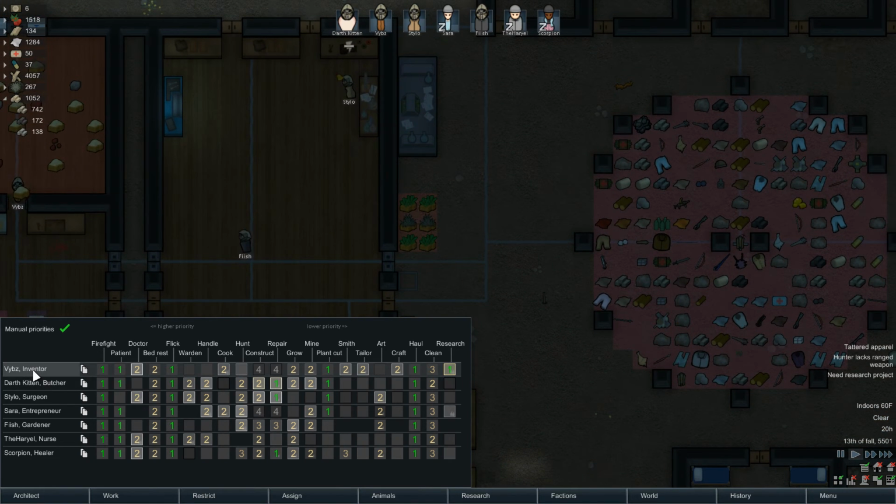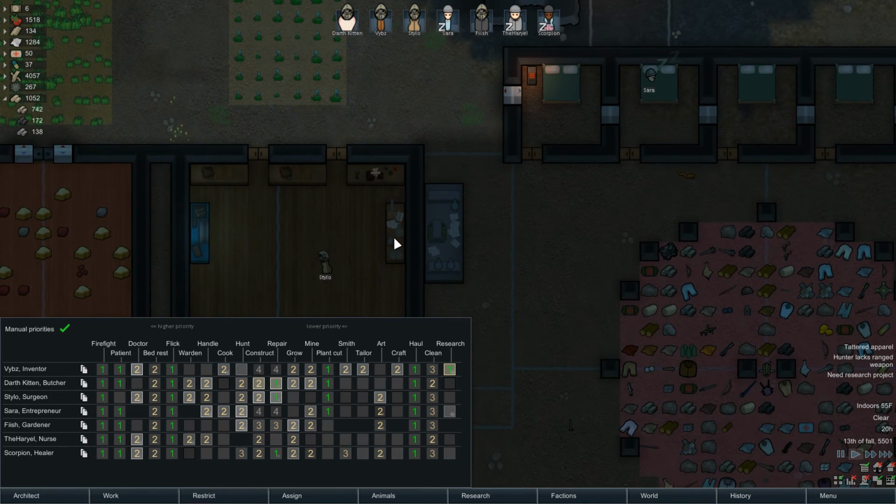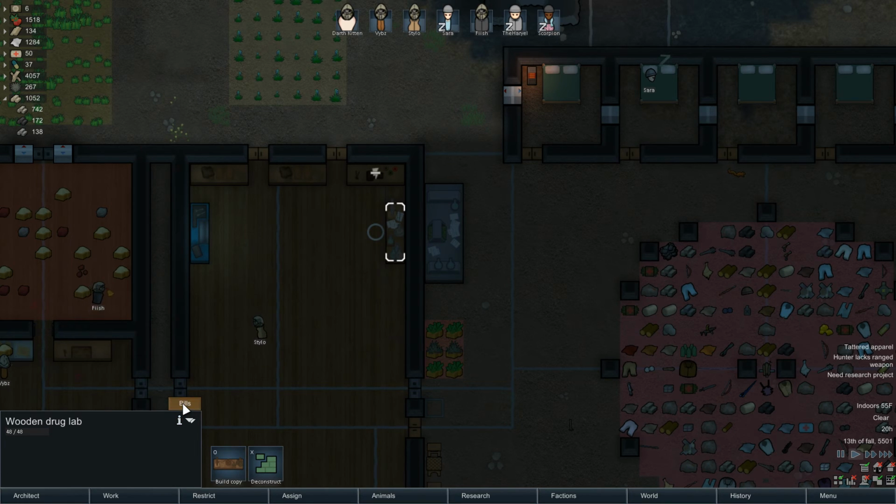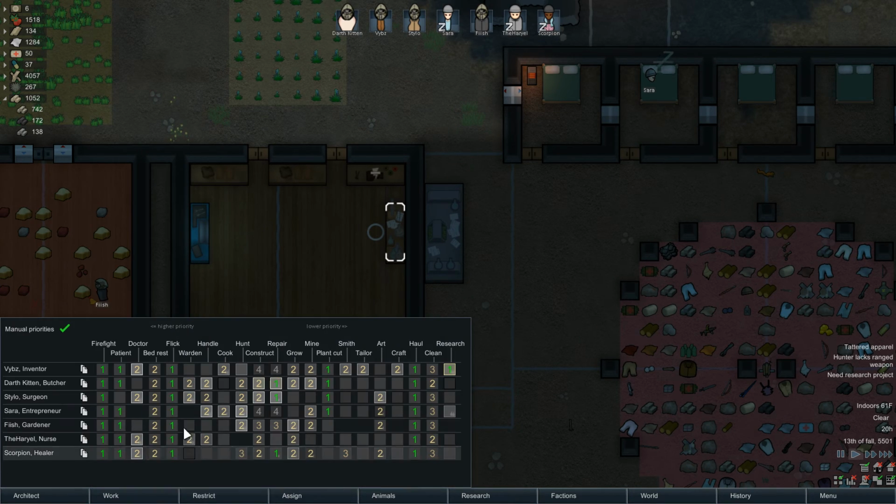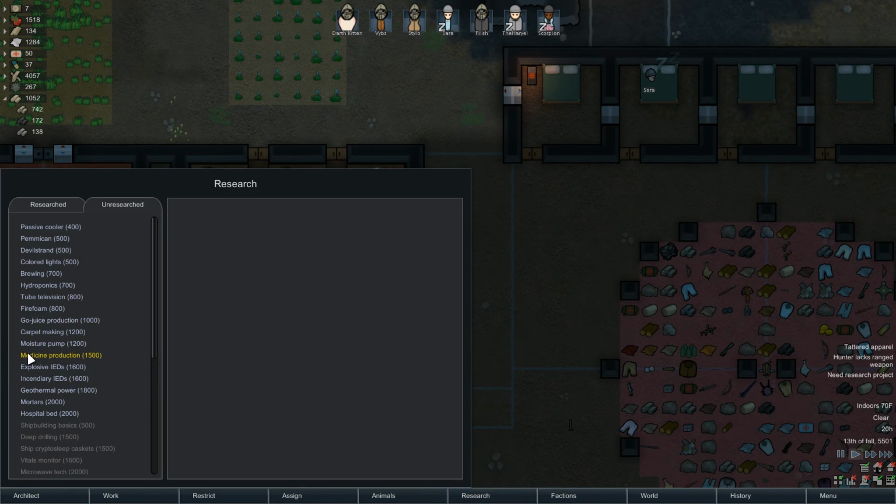So I'm going to make Vibes the only crafter for now so he can actually get a skill high enough to do it. Unfortunately, though, he's also our best researcher, which is kind of not good for us. I could switch Sarah over, because Sarah, I think, is kind of useless otherwise. You know what? I'm going to do that, because Vibes is the one good crafter we have.